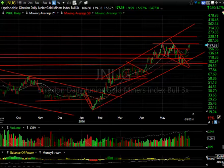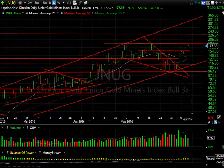Well, the JNUG and NUGT really strong still, even though gold stocks seem to be a little tired up here, and we're near a triple top area. Should the JNUG get through the 183.40 range, we could see the stock at around 230. 228.30 is my next target. Something to watch. And on NUGT,